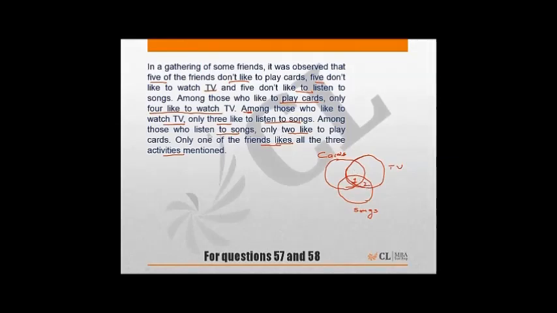Next, among those who listen to songs, two like to play cards. That means this should be two. Or rather, this should be one because one is already here. So, one out here and one out here, it makes it a total of two. Okay. And the third thing is,